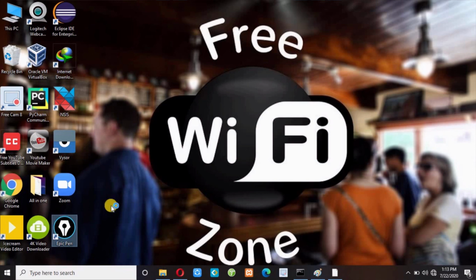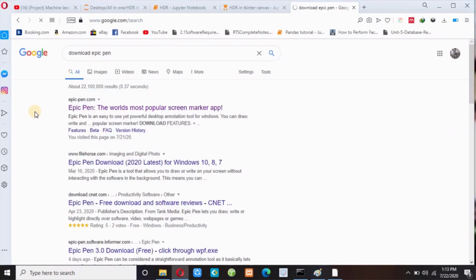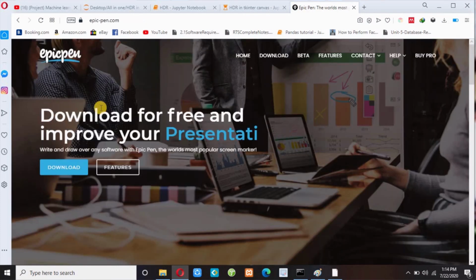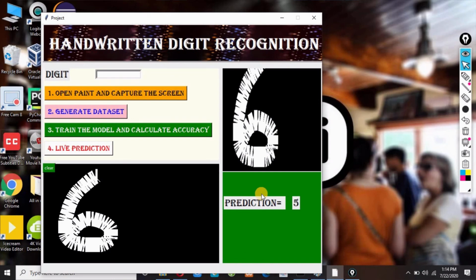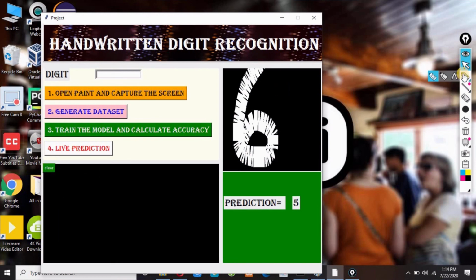And if I open this Epic Pen, you can select Epic Pen from any site you like. So if you click on the first link, you can download from here. So this is the Epic Pen, you can see over here. And now if I clear this screen and if I choose this pen, and if I select white color, this white color, and if I draw 0 over here, let me draw 0,